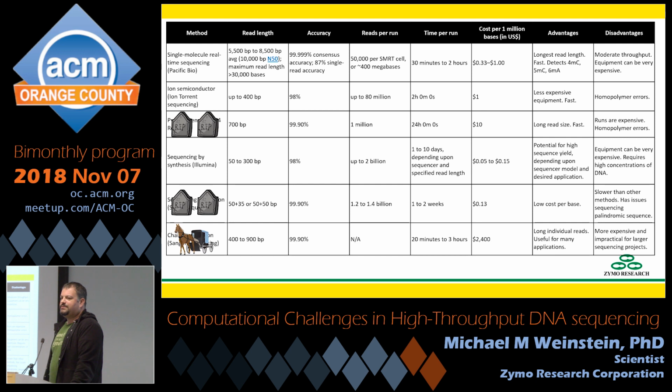And the chain termination sequencing, also known as Sanger sequencing, if you look at its cost per 1 million bases sequenced, it's about $2,400, as opposed to everything else that's usually in the range of a couple dollars to a few cents. Sanger sequencing does not generate a lot of data. Sanger sequencing is actually low throughput sequencing designed for very high accuracy on a very limited sample. Typically one thing that you just want to confirm with high confidence. So that's not super relevant to us today because that does not present really any data problems whatsoever.